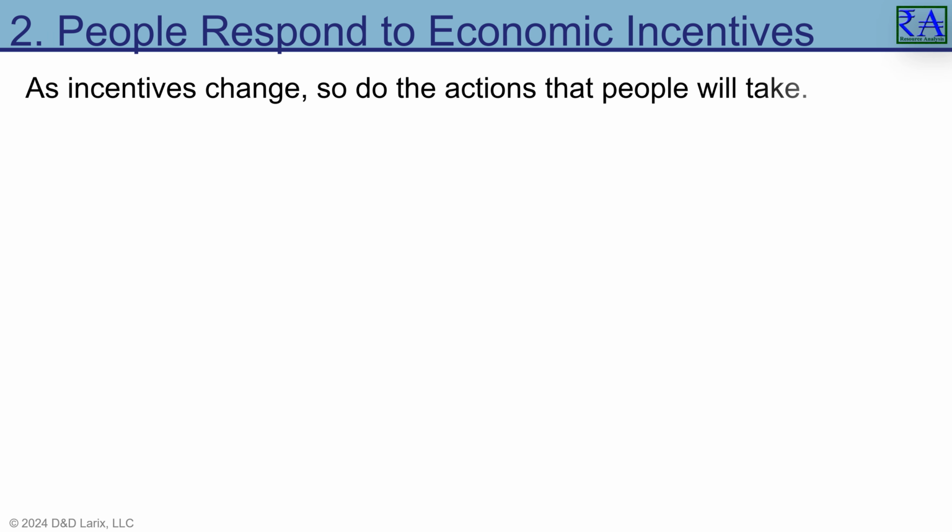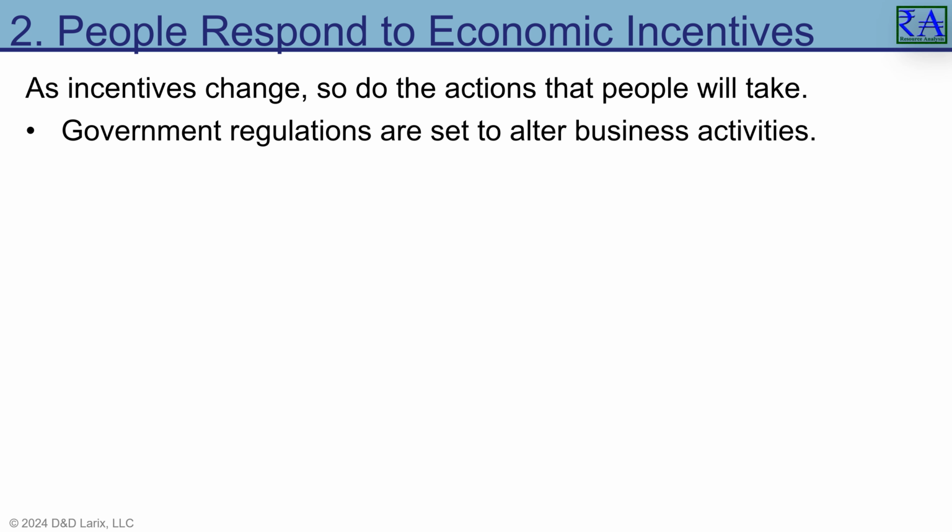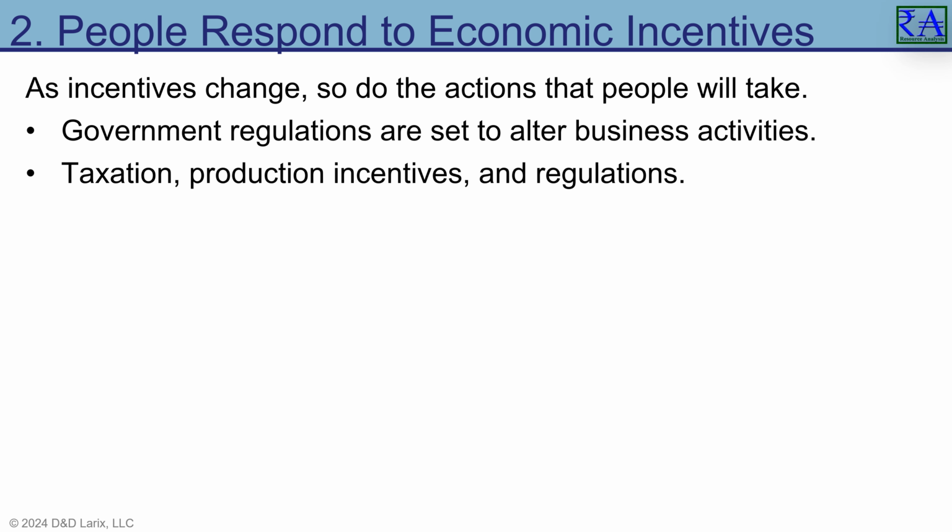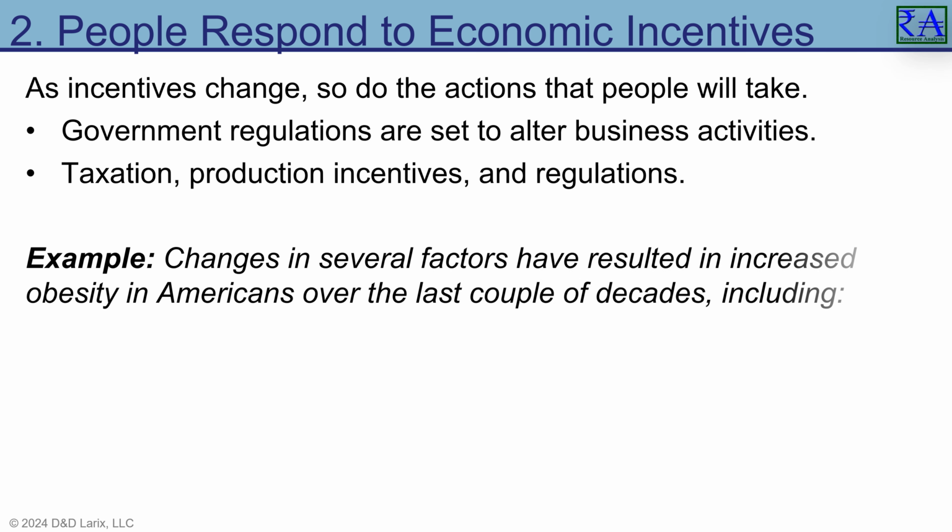Economists emphasize that consumers and firms consistently respond to economic incentives. Many rational decisions made by people and companies are influenced by our government through taxation, production incentives, and regulations on business operations. Incentives are seen in government efforts to decrease the costs of production to make certain goods, thereby lowering the costs for consumers. Consider the example of increased obesity rates in America.